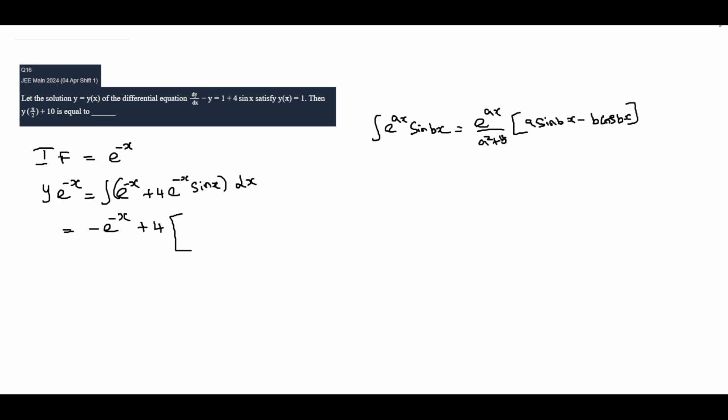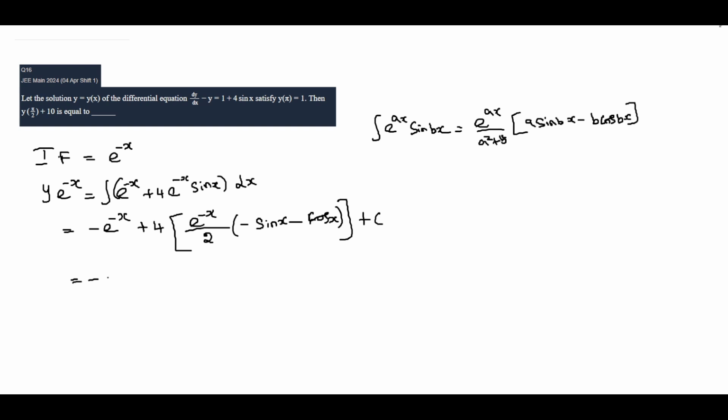So here e power minus x by a square plus b square, so minus 1 square plus 1 square means 2, into a value, a is minus 1 sin bx, so sin x minus b cos bx, so b value is 1, so only cos x, okay, plus c,